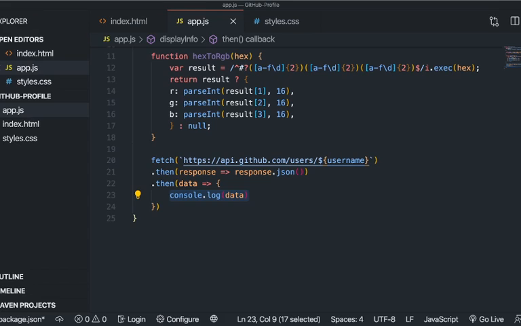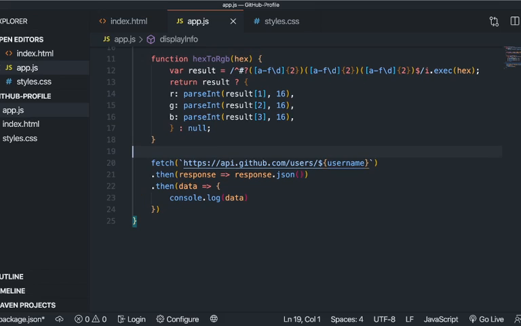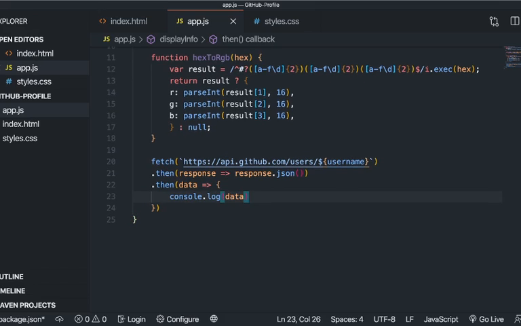Alright, so let me comment this out. And then here we'll say document.getElementById profile